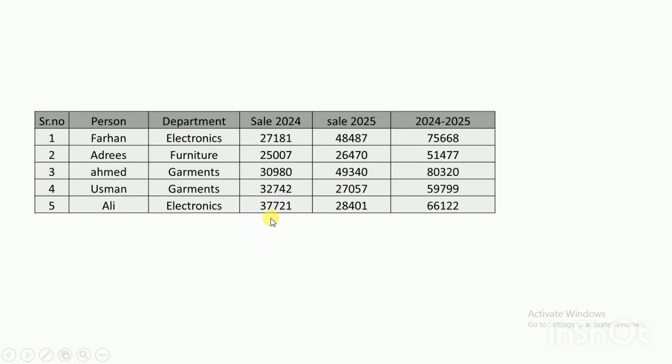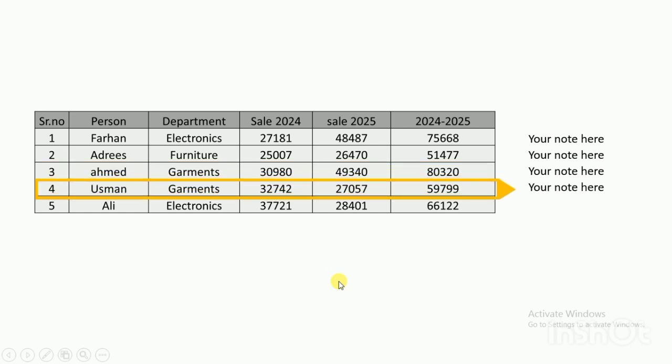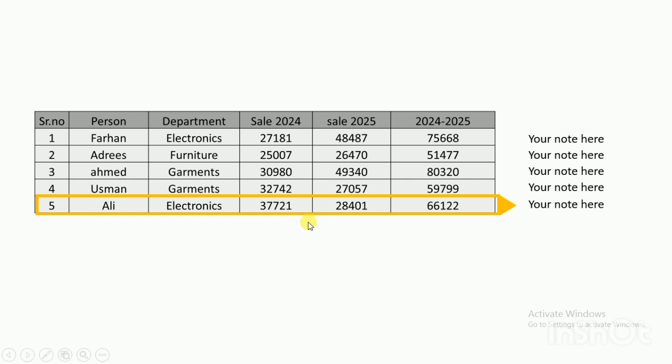A slightly variant version of the previous slide is that when you click for the first time, a frame comes to the first row, and you can explain this first row with your notes here, and on the next click it comes down and here comes your note. And in the same way, by clicking your mouse, you can explain the rows of your data one by one to the audience and keep them engaged in the whole presentation.